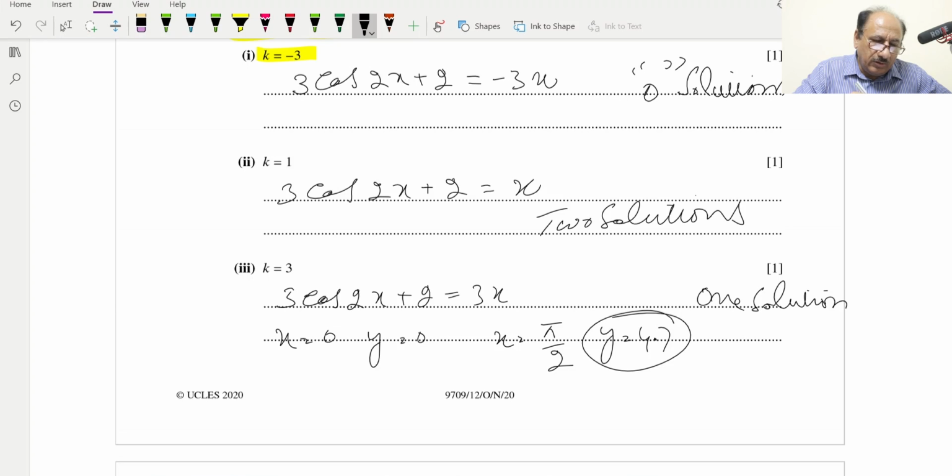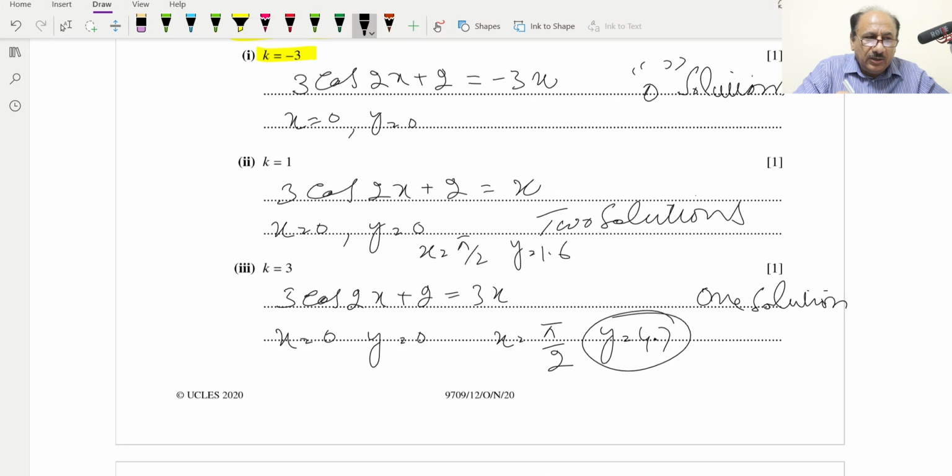For k is equal to 1, we can write x is equal to 0 and y will be equal to 0. For x is equal to pi by 2, if we take x is equal to pi by 2, y will become 1.6. So this will be one solution, and for k is equal to -3, x is equal to 0, y is equal to 0,